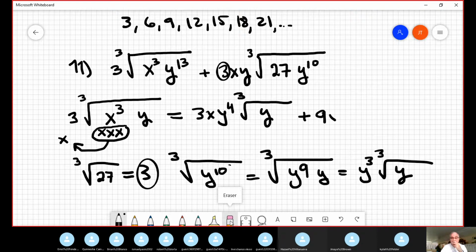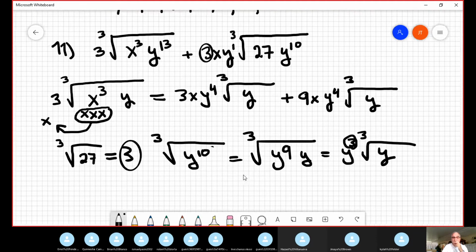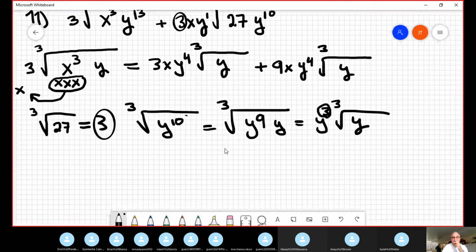9x. This x I just copied. Y, how many y do we have in total? Well, we have 4 because we have 3 here and we have 1 original. And the cubic root of y. Okay, this was the simplification of the first and the second. I realized in that moment